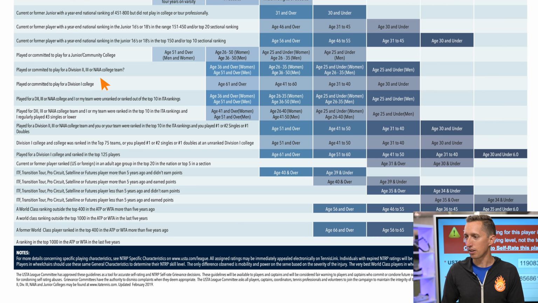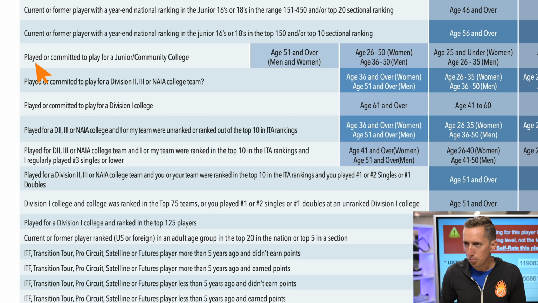So I played college tennis. I played Division II college tennis. So if you just look at the chart related to college tennis, played or committed to play for a junior community college. So that's where college tennis starts. Played for Division 2, 3, or NAIA, played for Division 1, played D2, D3, college unranked, top 10 ITA rankings,